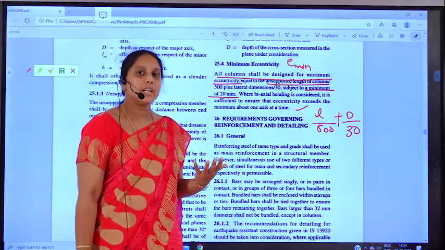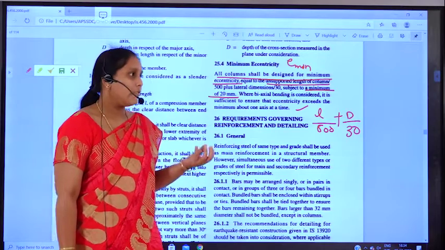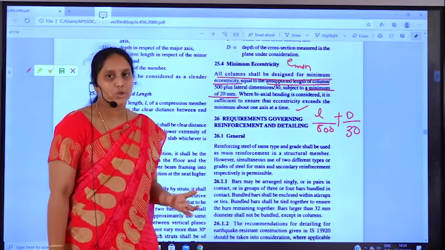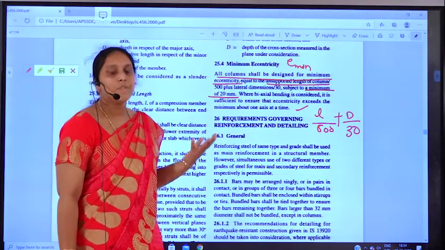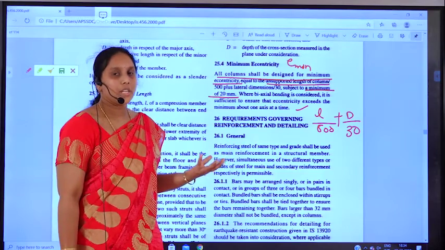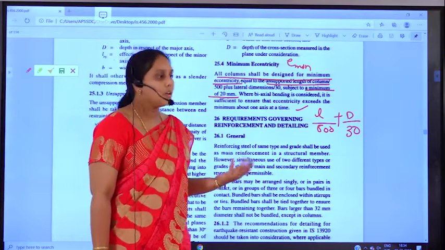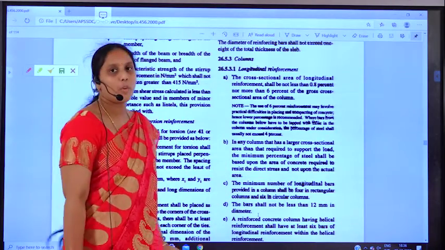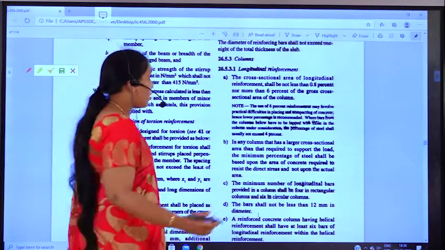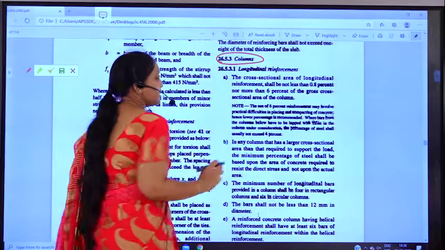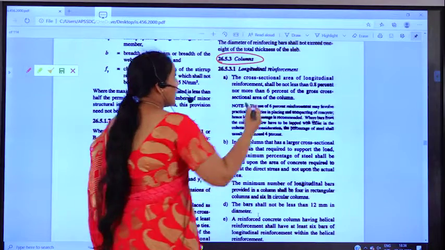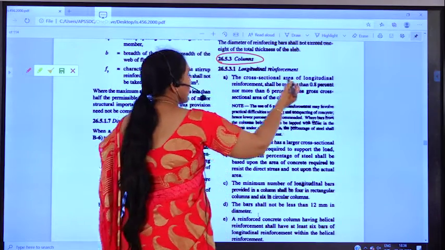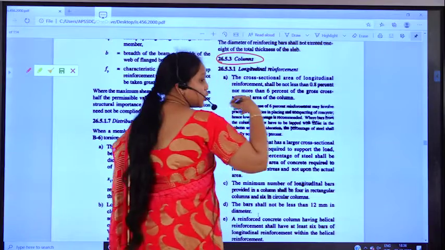While calculating the dimensions of the column, if there is a problem in calculating the steel reinforcement which has to be provided, then there is a clause for provision of steel reinforcement in IS 456 2000. Now let us see what the clause is. When longitudinal reinforcement has to be provided in columns, we have to follow clause 26.5.3. The cross sectional area of the longitudinal reinforcement should be in between